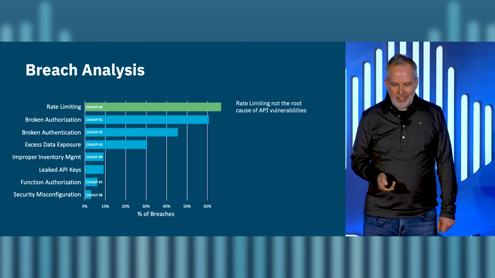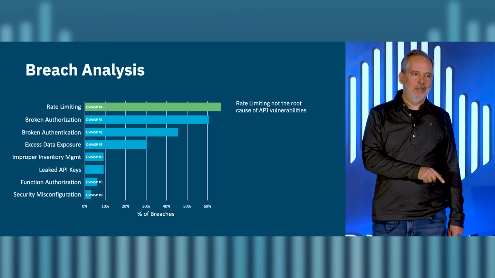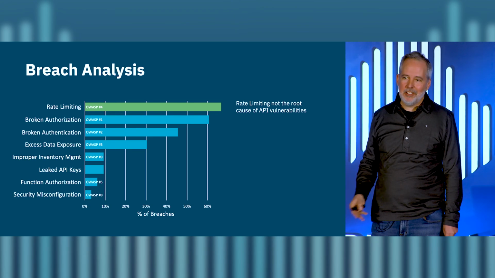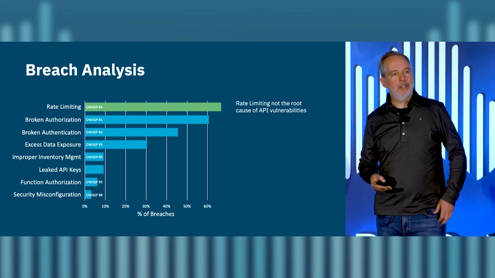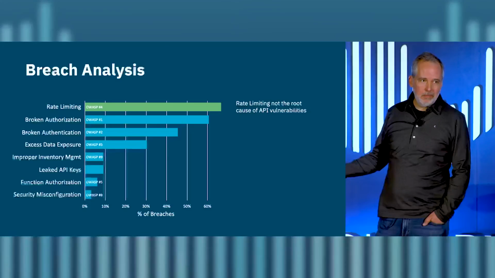The reason why is probably 99% of those companies had rate limiting, right? They had WAF in place. They had other detection. They had SIEM and Splunk and who knows what else, right? And still, this harvesting happened. So it just reinforces how, while it's a critical part of your infrastructure, it's not going to protect against everything. And really, it's not the root problem, right? If there was nothing interesting to harvest, you wouldn't send 500 million requests trying to harvest it. The root problem is there's something interesting to harvest. The rate limiting just makes it worse. You don't lose 100 records, you lose 100 million, okay?